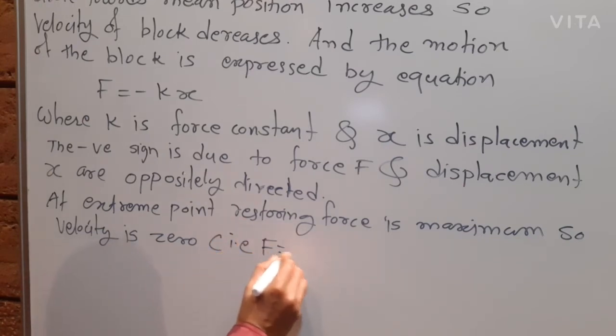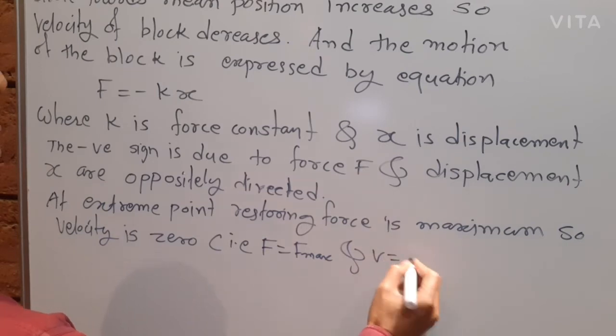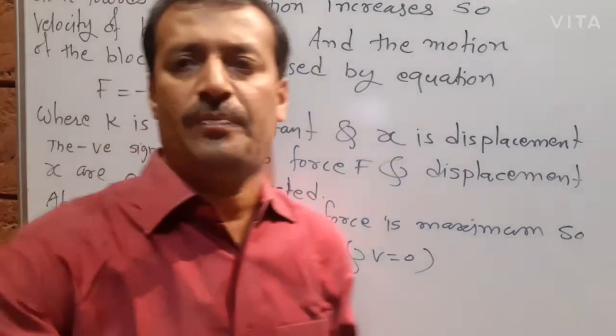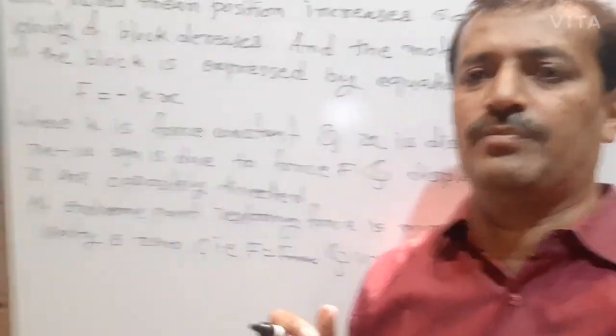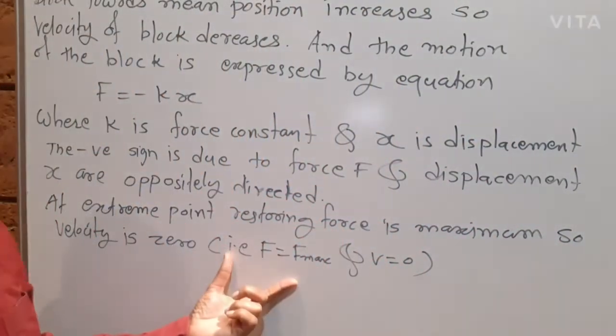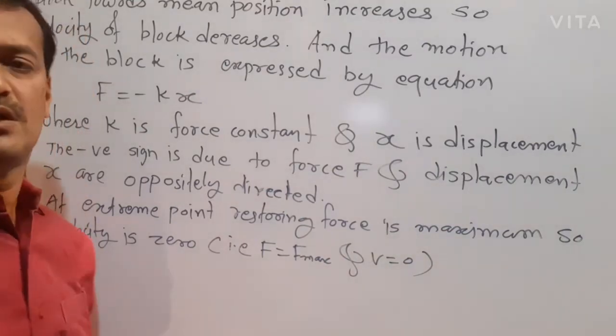That is, F is equal to F max and v is equal to 0. When the block stops at the right extreme point, the restoring force is maximum. So the block moves towards mean point